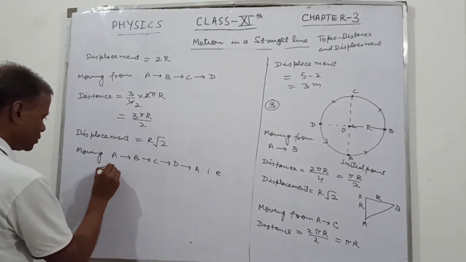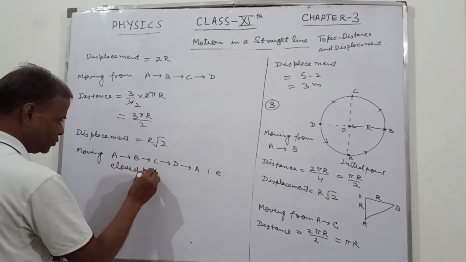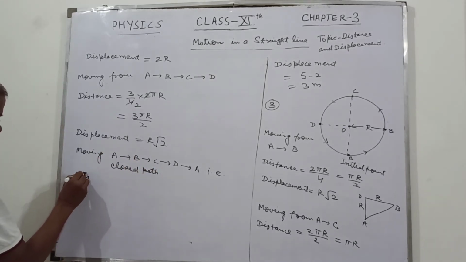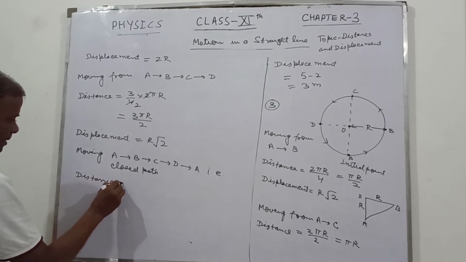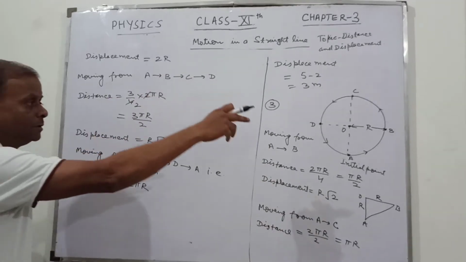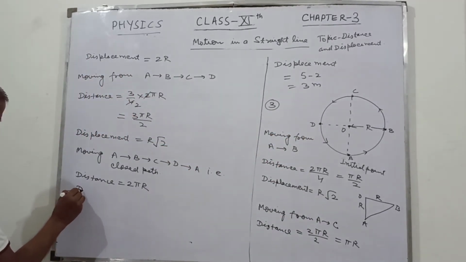It is closed path. Closed path. Then distance is how much? This is now your 2 pi r. The circumference of this circle. And now displacement,